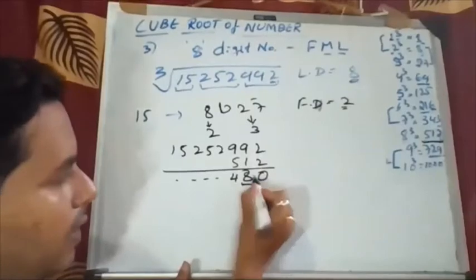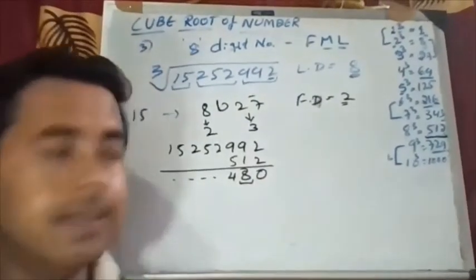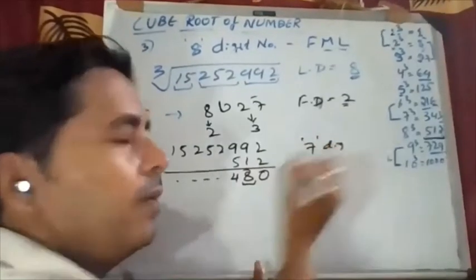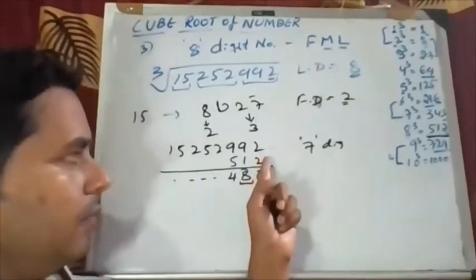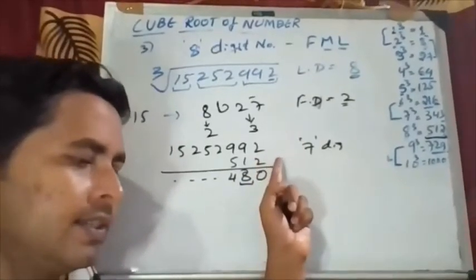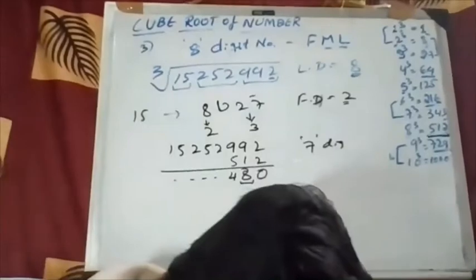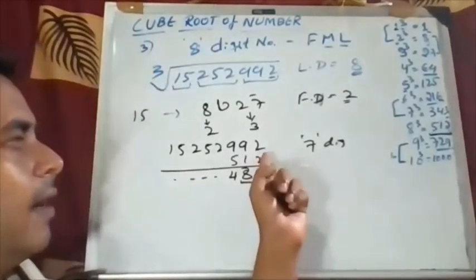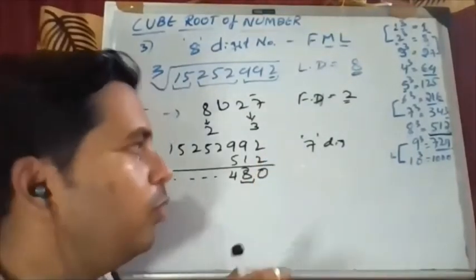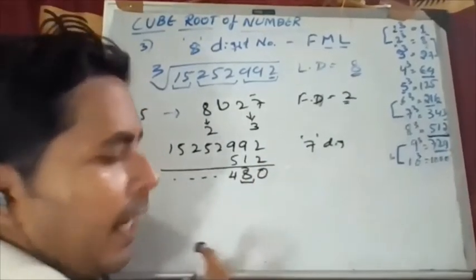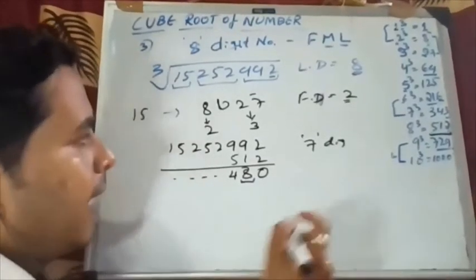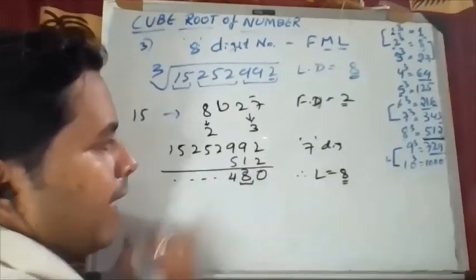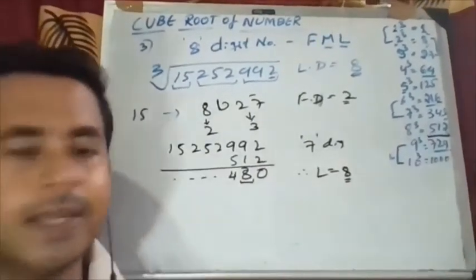So I want only this thing here while finding a 7 digit number. While finding a 7 digit number हमने कहाँ का नंबर कंसिडर किया था, we have taken L as this number. We have taken L as whatever subtracting number. So what you have to do, what we subtracted, we have taken 8 cube number. So for that here same way take the number L as 8. कौन सा नंबर हम सब्ट्रैक्ट किए कर रहे हैं इधर, 8 क्यूब.